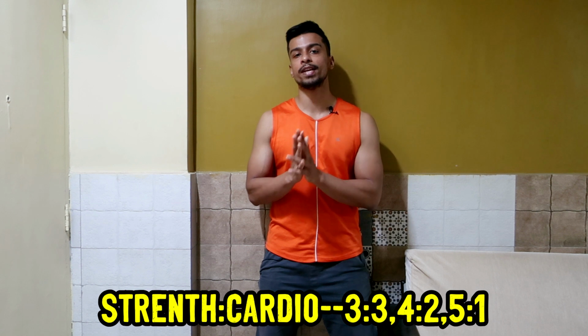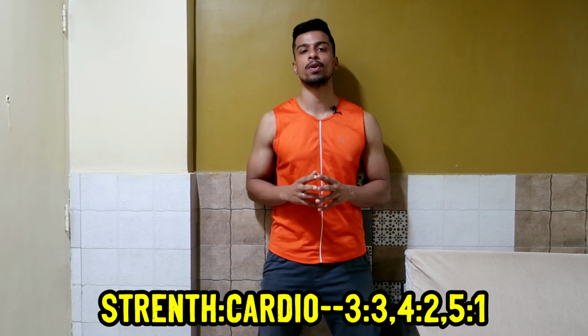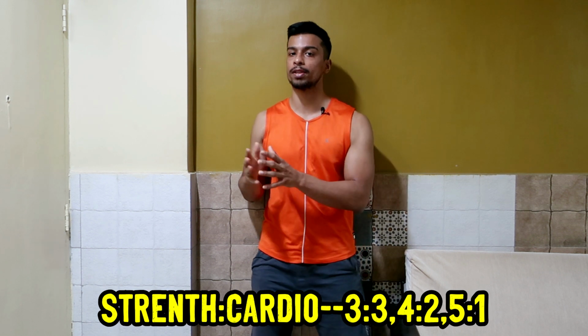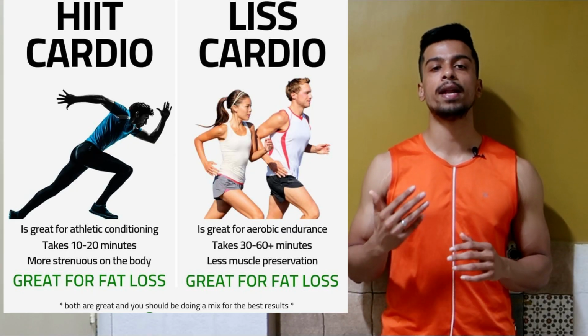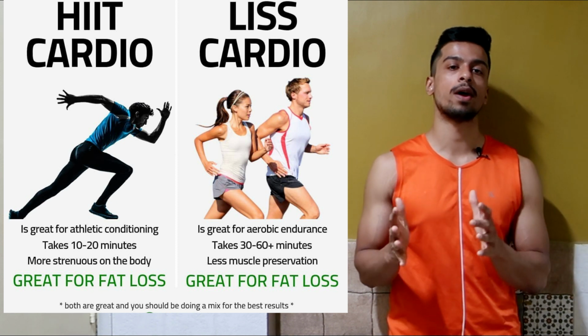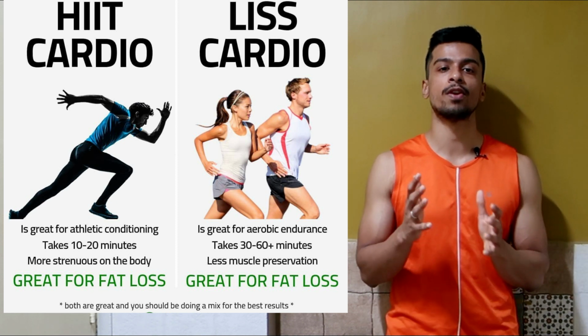So you can add your strength training and cardio with a ratio of 3:3, 4:2 or 5:1, depending upon how much you like your cardios or how much time you can allot for that. Now with the cardio, you can go for a high intensity cardio or a low intensity cardio. With the high intensity cardio, you will be burning a lot of calories in a short amount of time. And with the low intensity cardio, you will be requiring a long duration, around 60 to 70 minutes to burn